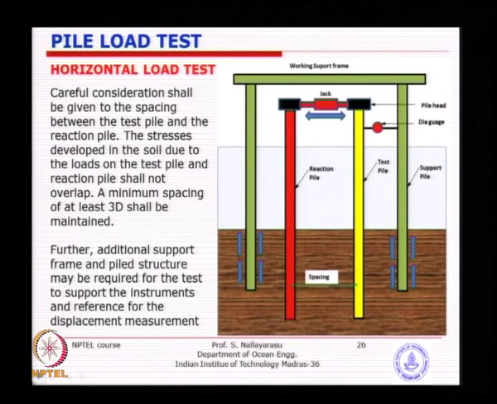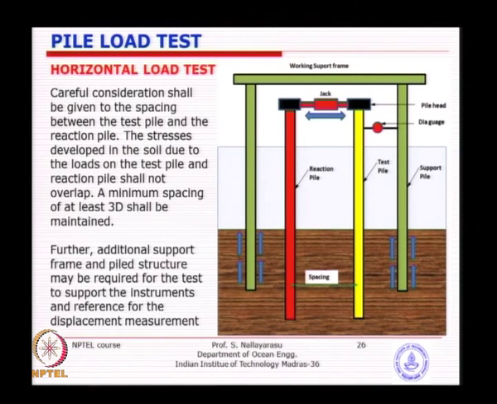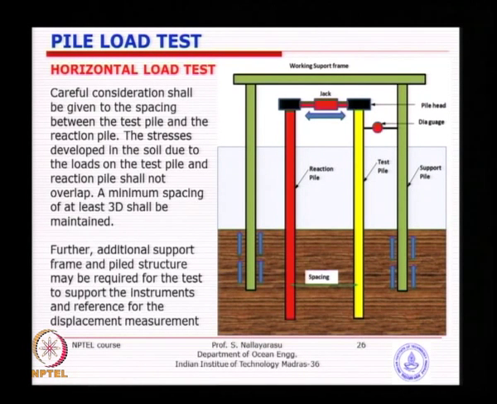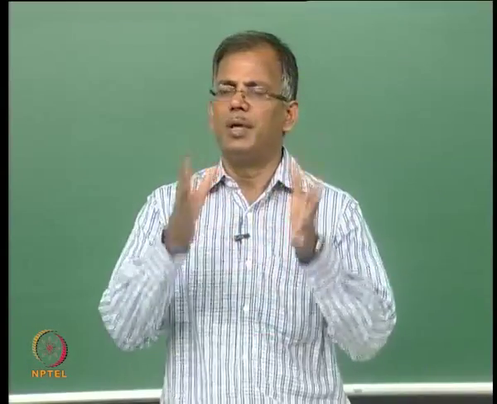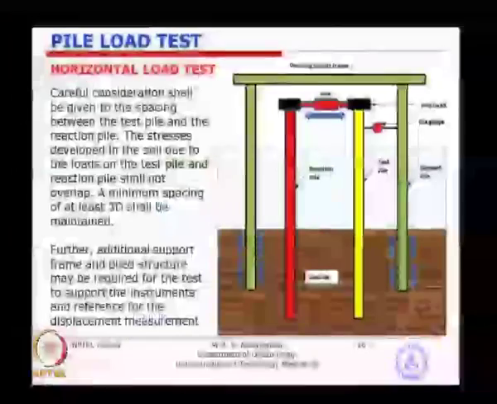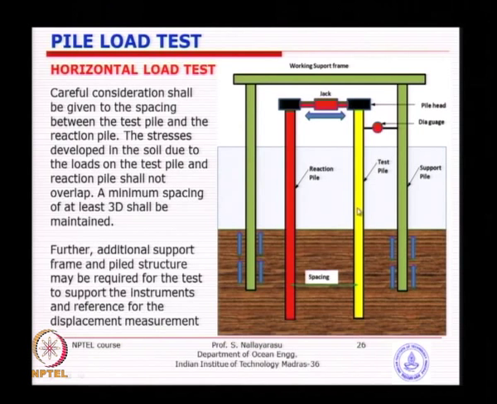So typically you see here some working platform is required. I have just straight away gone to the coastal areas where for some of the berthing structures we still do this lateral load test to establish the capacity in the horizontal direction. But most of the structures on land normally we do not do a horizontal load test, it is not really required because it is not so much of a problem for buildings and bridges, which are predominantly gravity load. So you see here we have a test pile which is in yellow color, and we have a reaction pile and just the jack.